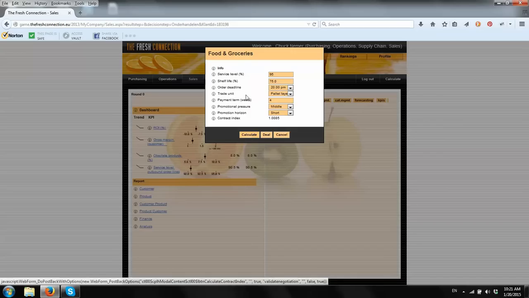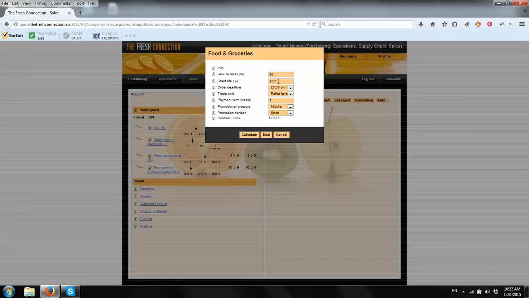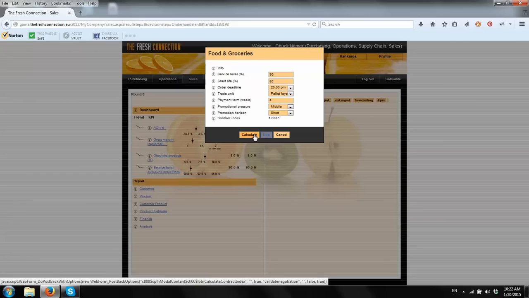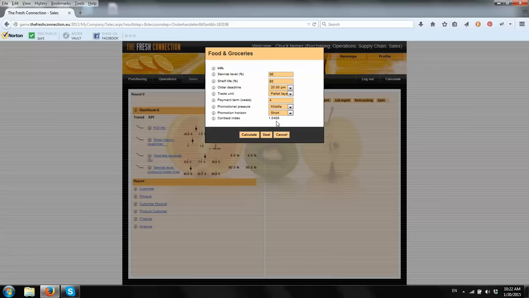So service level, shelf life to the customer. If I want to increase shelf life to the customer and say, I'm going to promise the customer 80% shelf life, well, we would expect the contract index to go up, which if you watch, goes from 1.0085 to 1.04, which means the customer is willing to pay more because you're giving them product with better shelf life. So let me set that back to 75 for the moment